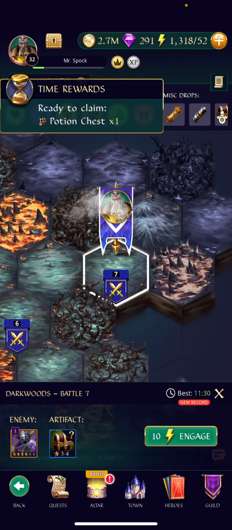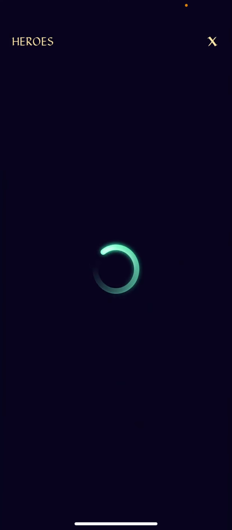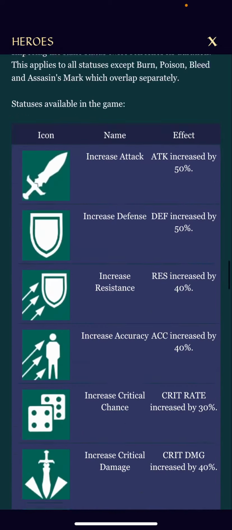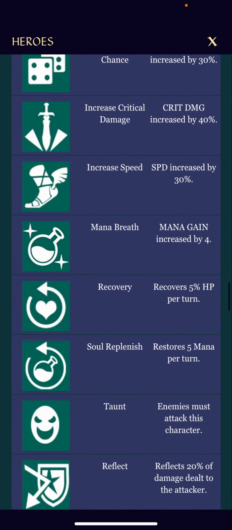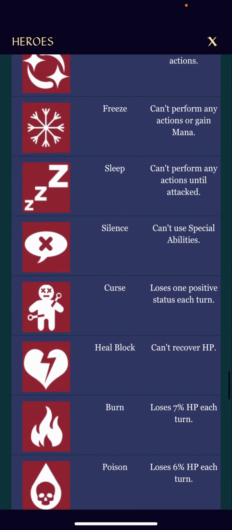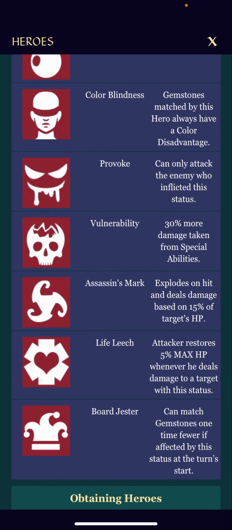Let me see if I can find where it says a little bit more about the Assassin's Mark. So I think if I go in here and look at the Heroes Tooltip, it has all the buffs and ailments in here. Yeah, there we go. Which you can see there are a ton of, which is pretty awesome. That's just a lot more that you can do. So we want to go down here to Assassin's Mark. Explodes on hit and deals damage based on 15% of target's HP. That's what it is. That seems quite powerful, and you can see based on the other attacks, this was often dealing the most damage